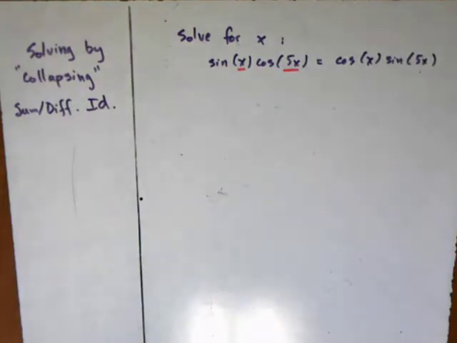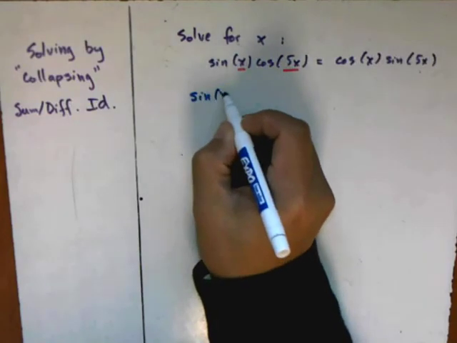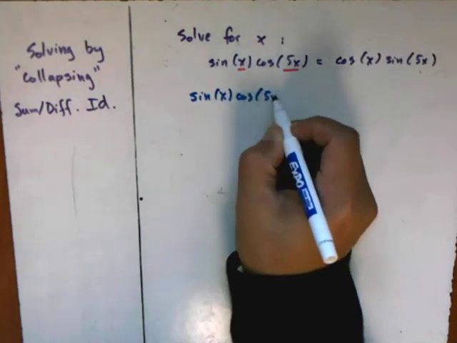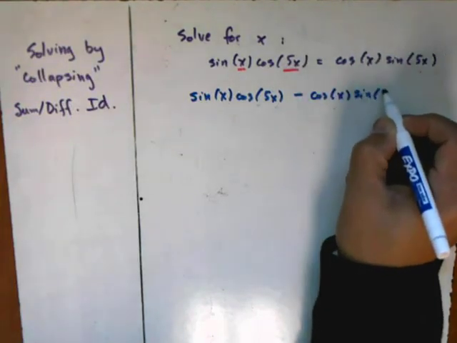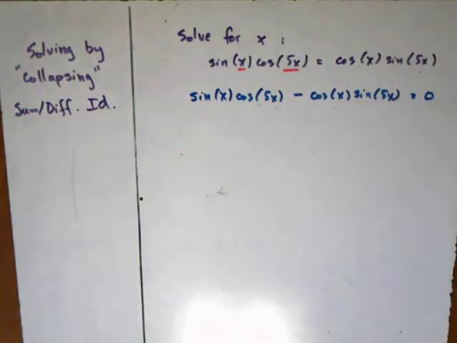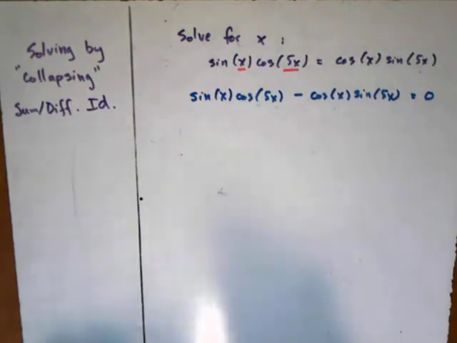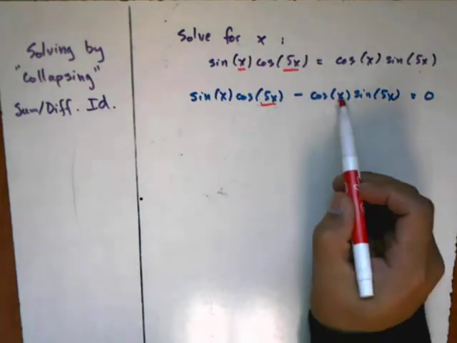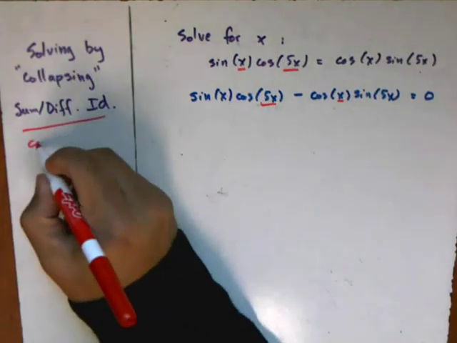But before we do that, let's start by just getting one side equal to 0. So sine x cosine 5x minus the right side here, cosine x sine 5x, equals 0. Normally at this point you would look and try to factor. So maybe you can pull a sine out of both of these terms, maybe you can pull a cosine out of both of these terms. But you cannot factor in this case because the angle inside of the trig function is different for each one of these. So I'll make an important note here that we cannot factor